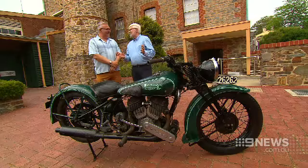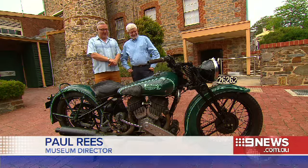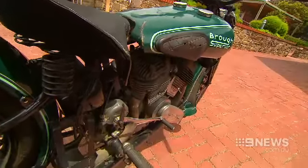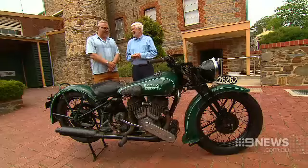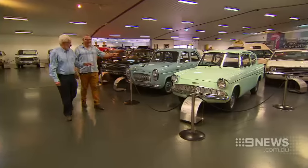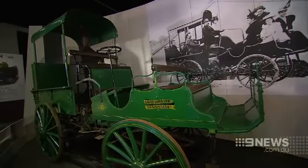Well, we're celebrating 50 years tomorrow, but it has to begin somewhere. Absolutely. It begins with this bike in particular, Jack Keynes' Brough Superior. His wife was fed up of the bike parts on the kitchen table and the bikes everywhere, so I think she kicked him out and he bought a mill. He bought this mill behind us. From those humble beginnings, it's grown into the country's largest collection of motoring memories, including one of the earliest vehicles